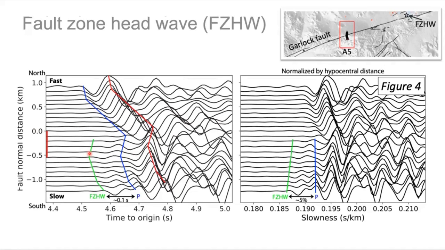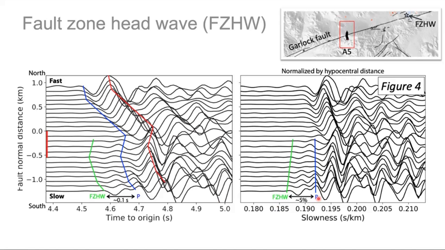This velocity contrast across the Garlock fault also produces head waves. One example of such candidate is shown here. The event location is indicated in the top right. The red and blue curves denote the peak and onset of the direct P waves, whereas the green curve denotes the fault zone head wave arrivals, which is only seen in stations on the top of the slower crustal block, south of the Garlock fault. The separation time between the head wave and P wave suggests the velocity contrast across the Garlock fault is at